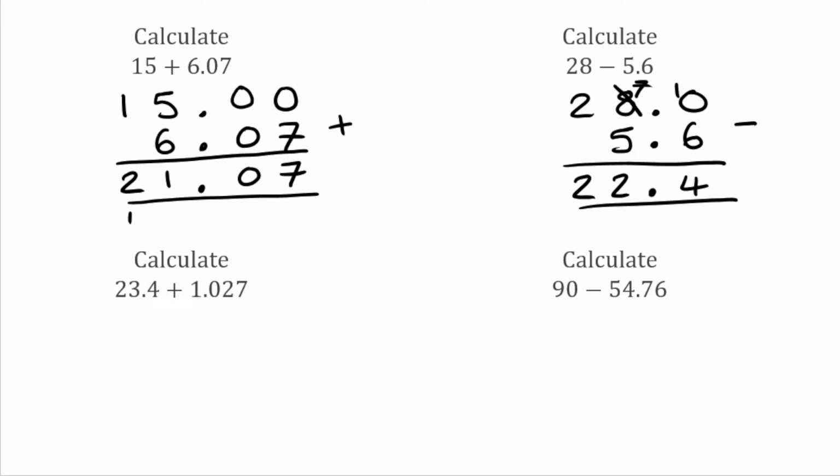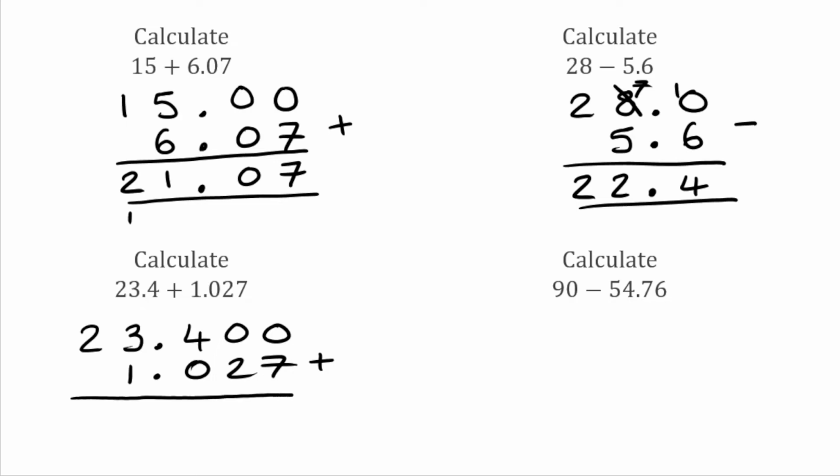Okay, for our next example, we've got 23.4 add 1.027. So we've got the first number to 1 decimal place, the second number to 3 decimal places, so we're going to put them both to 3 decimal places. So we can rewrite this first number as 23.400, add, and then lining up the columns, we'd have 1 in this column,